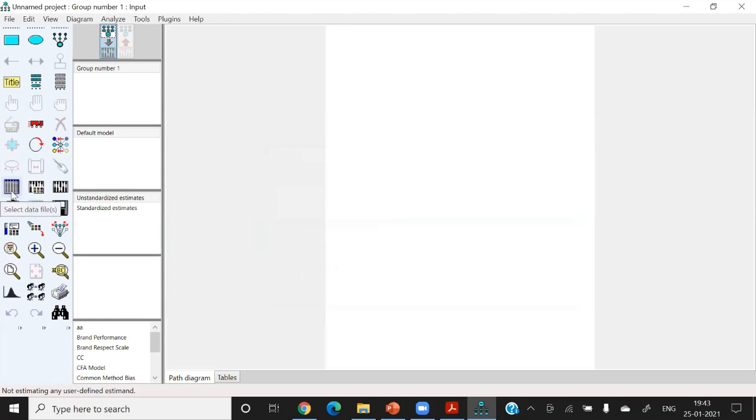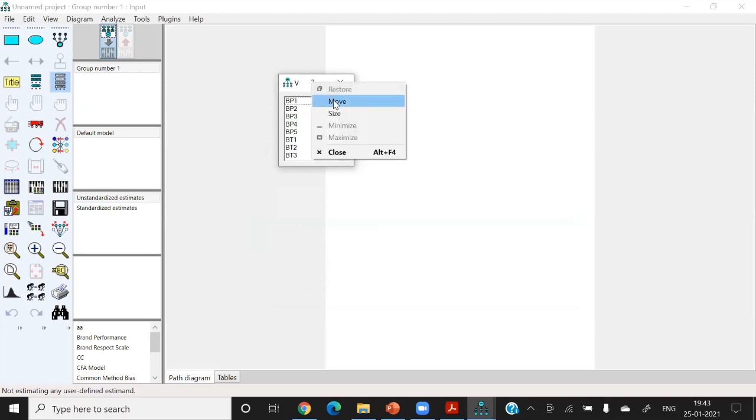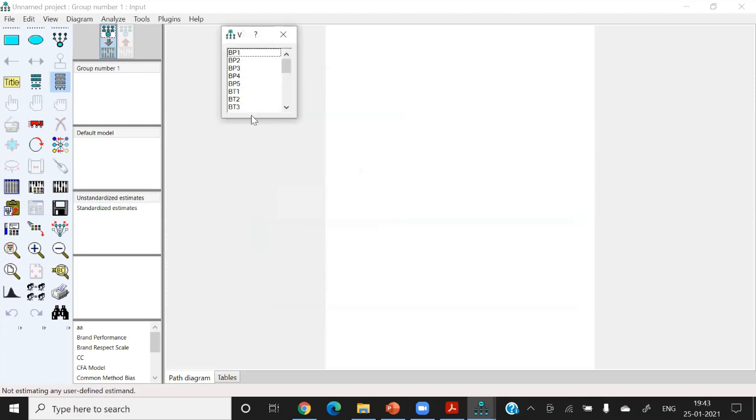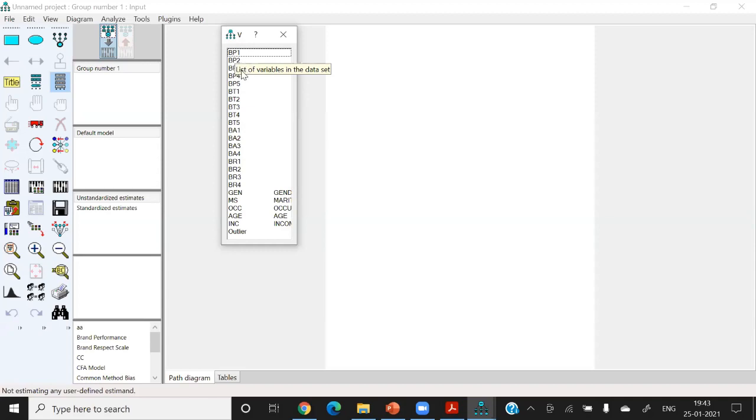If you click on this C3 icon, you can see the list of items in the file. Let me show you. These are the items BP1, BP2, BP3, BP4, BP5. All 5 items represent brand performance.